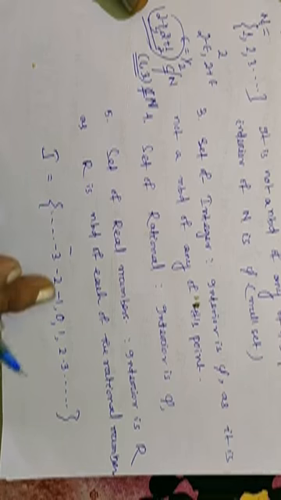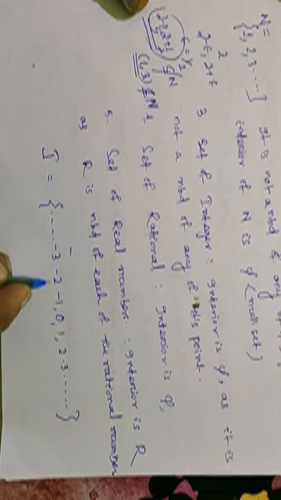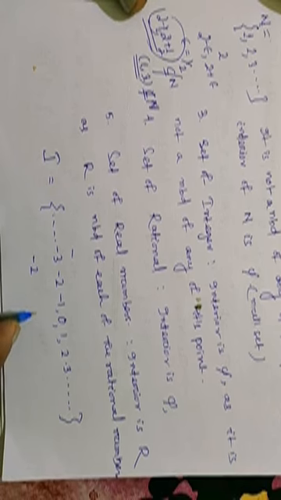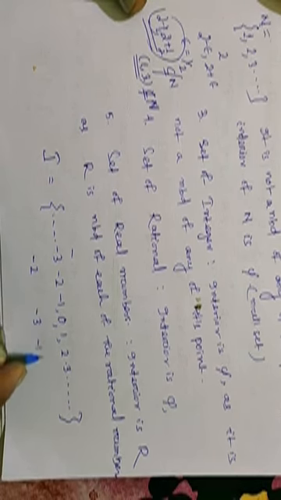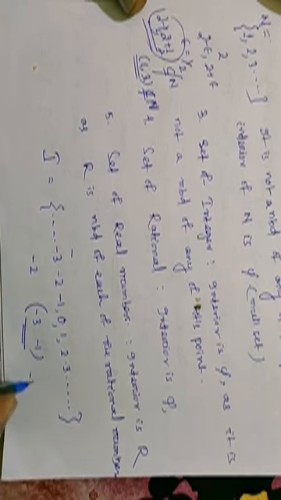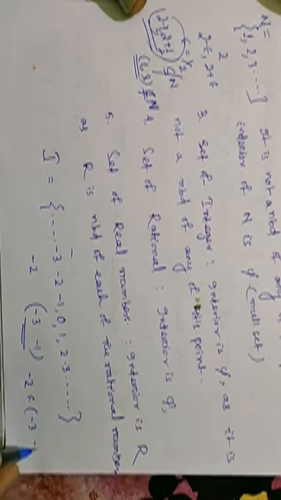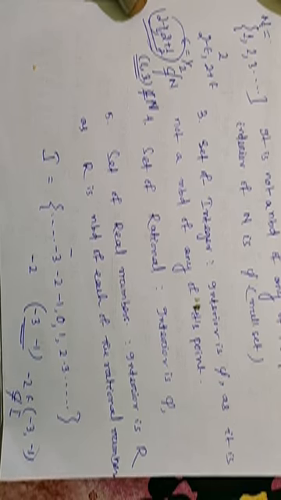Now, take any integer, suppose -2, and take one interval containing -2, say -3 to -1. This interval contains -2. Now, is this interval a subset of I? No, this is not a subset of I. Choose any small interval also, -2 minus epsilon, -2 plus epsilon. We cannot find an epsilon such that this interval is a subset of I,